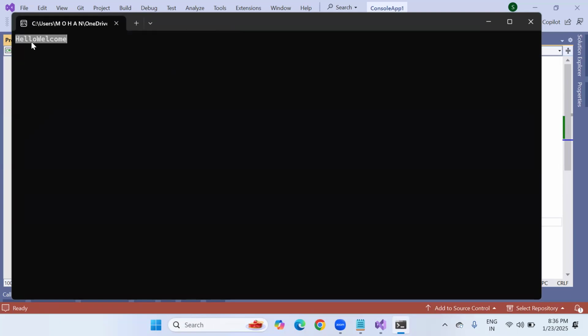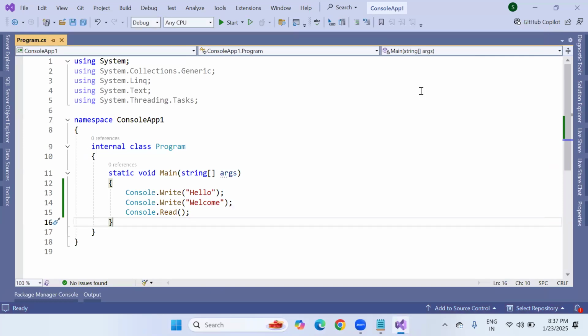But notice this, the hello word and the welcome word are both present in the same line. To exit from this output window, there are two options. Either you can press the enter button or you can press the close button. Anyone you can choose, enter or close. So I'm hitting enter. I exit from the output window. Why, sir, are the two lines present in the same line? Just because of the Write method. The moment I start using the WriteLine method,